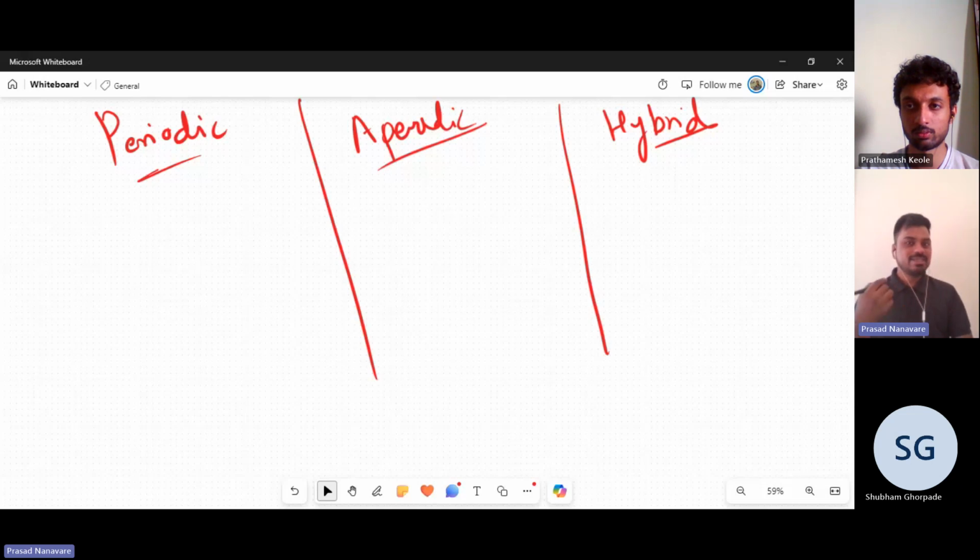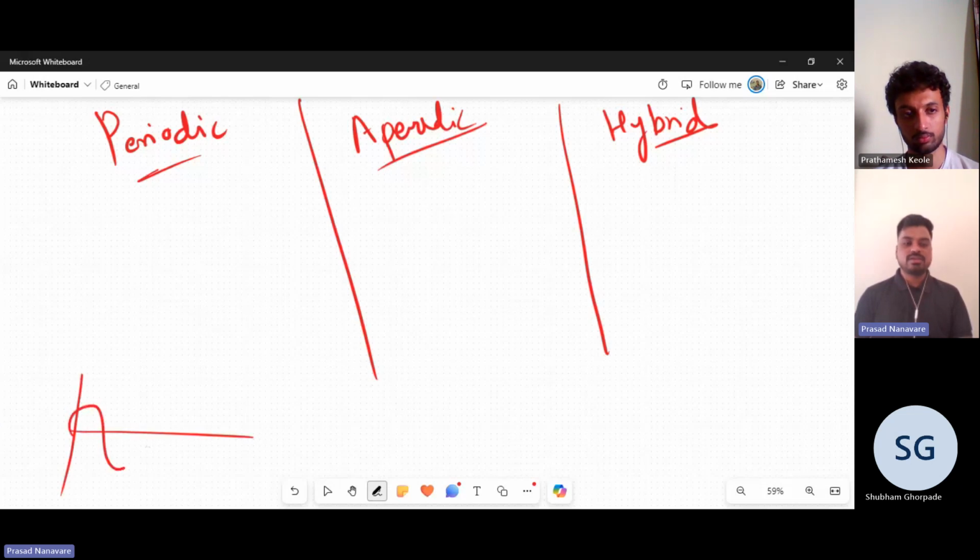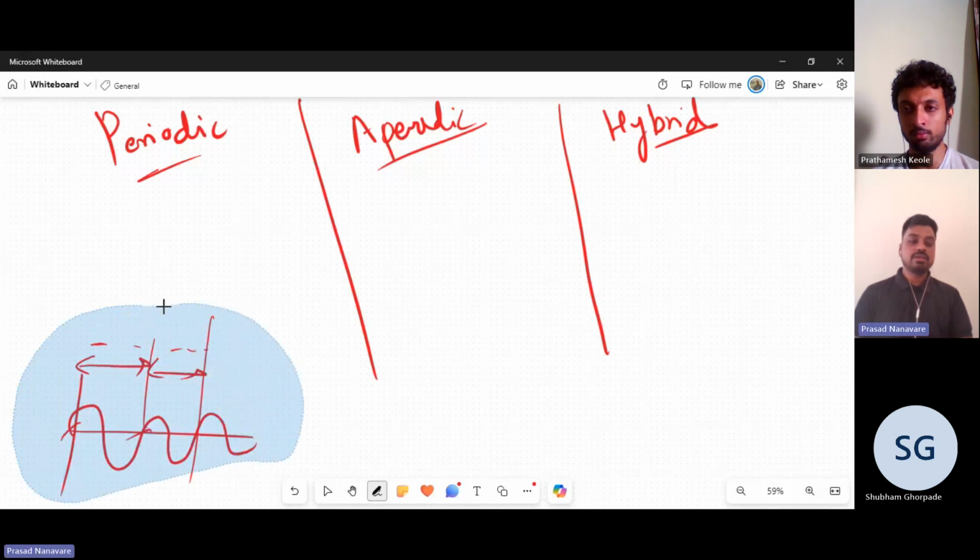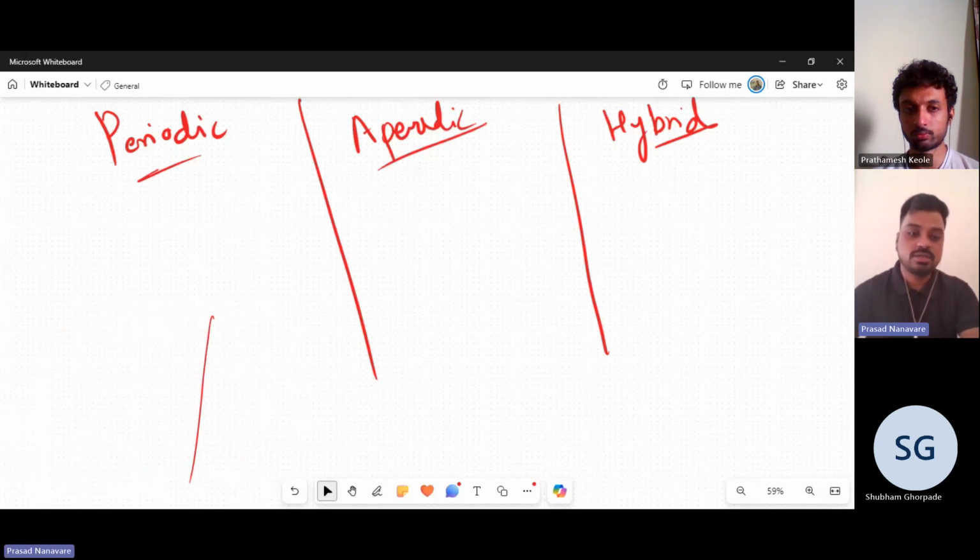Okay, so periodic is something that repeats after a time. Okay, aperiodic is something that doesn't repeat. Okay, periodic means repeated after a particular time. एक टाइम के बाद, मतलब सिंपल एग्जांपल दो ना, मैं साइन वेव इज अ पीरियोडिक। अगर सेम टाइम इंटरवल के बाद ये बिहेवियर रिपीट हो रहा है, देन आई कॉल इट एज अ पीरियोडिक बिहेवियर। ओके, मींस एक पीरियड के बाद ये चीज रिपीट हो रही है बेसिकली। ओके, दिस इज पीरियोडिक। अपीरियोडिक उसका उल्टा, कुछ रिपीट नहीं हो रहा है। ठीक है,